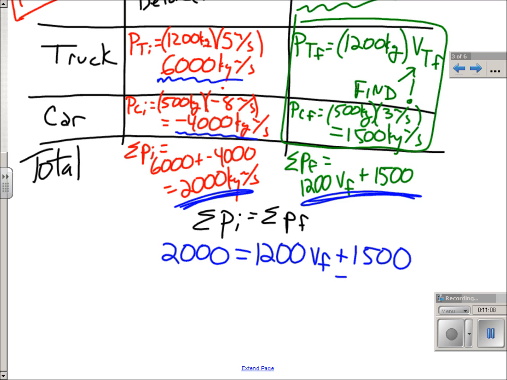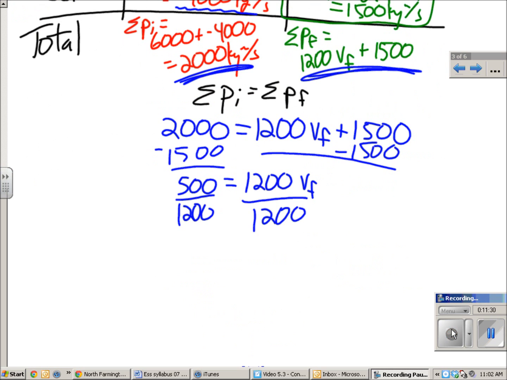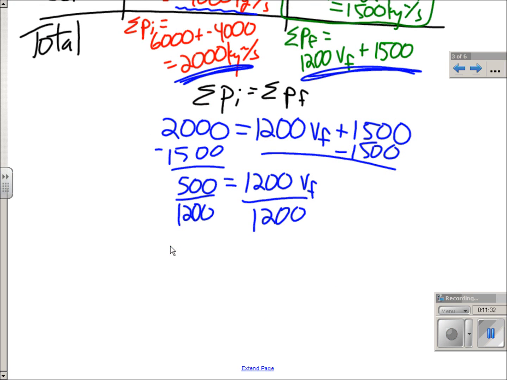A little bit of algebra. We got to subtract 1,500 from both sides. And you get 500 equals 1,200 times VF. Divide both sides by 1,200. And we get